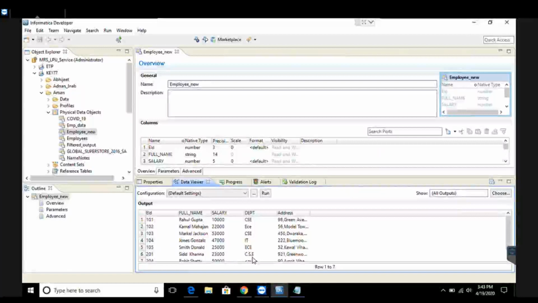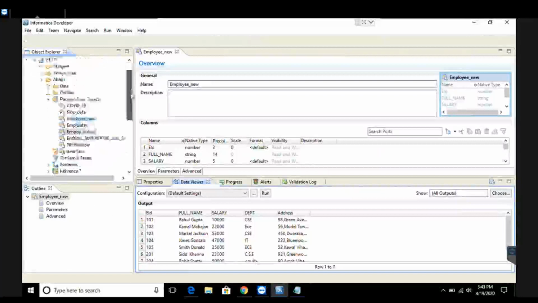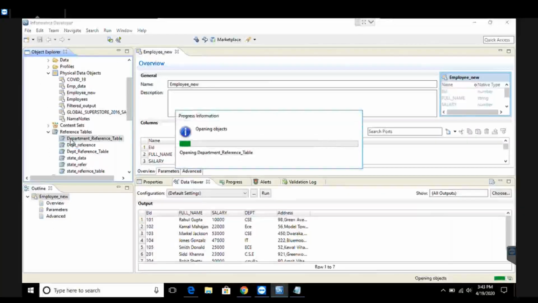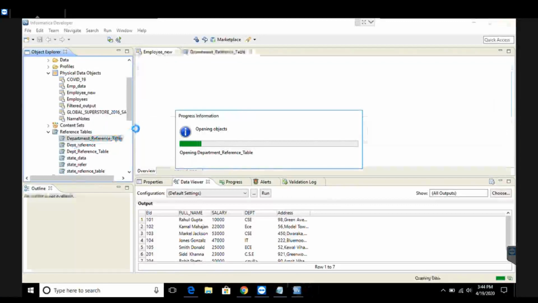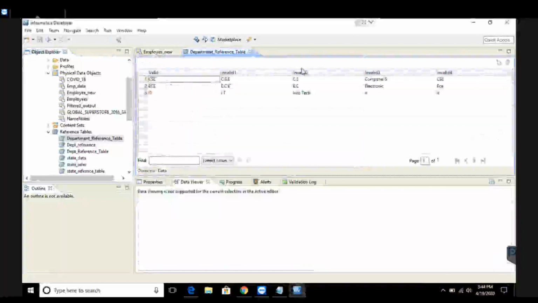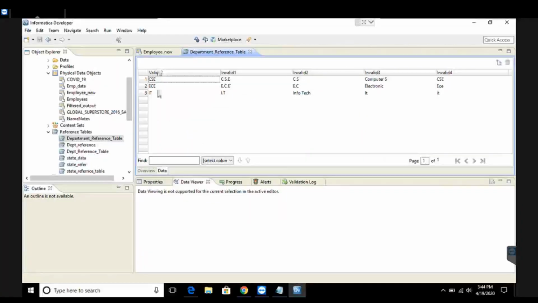So for this, I'm going to use a pre-created reference table, that is my department_reference table. I created this reference table using the technique called empty reference table. Now if I open this reference table, you can see that there are 4 invalid columns and 1 valid column.